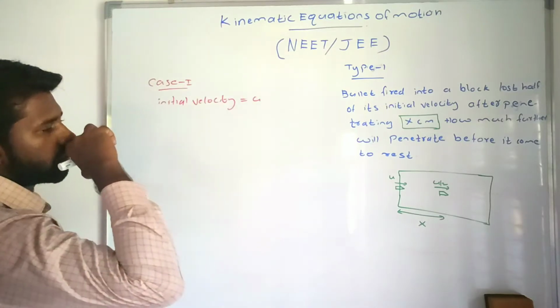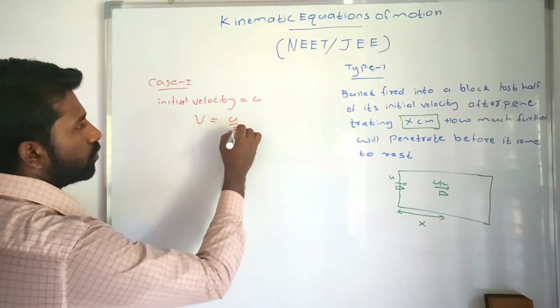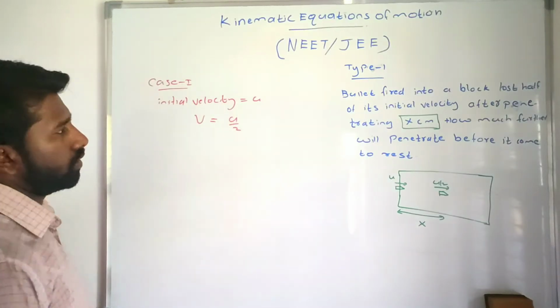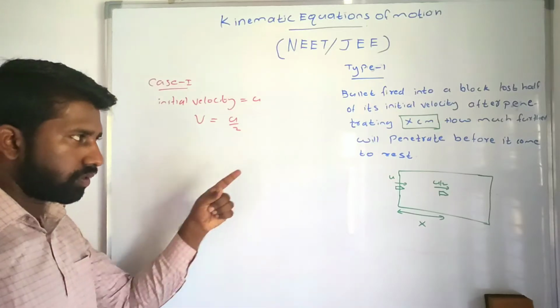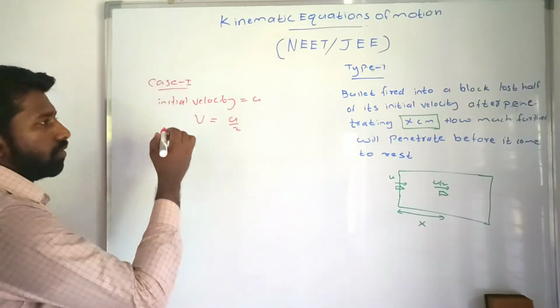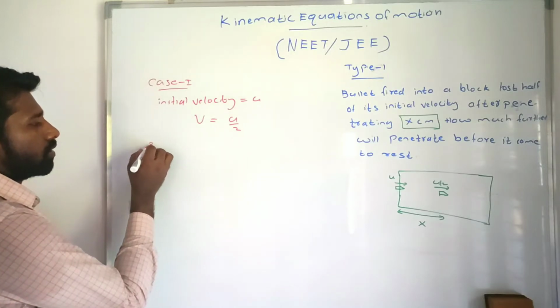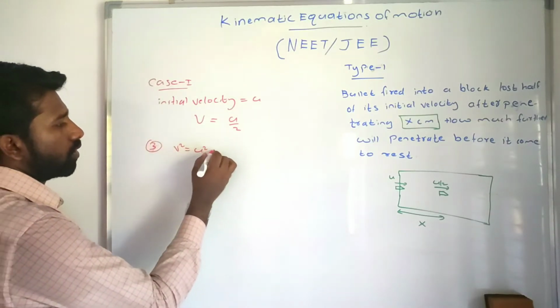Initial velocity is u. What about the final velocity? Final velocity v is equal to how much? That is u by 2. Okay, so I'm going to find out the acceleration offered by this block. Which equation am I using? The third equation of motion, that is v square is equal to u square plus